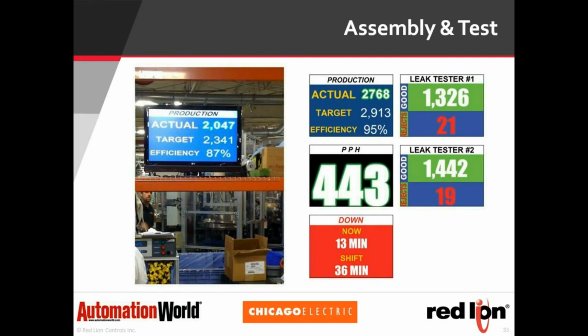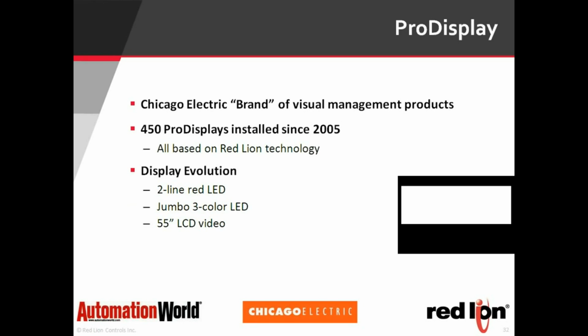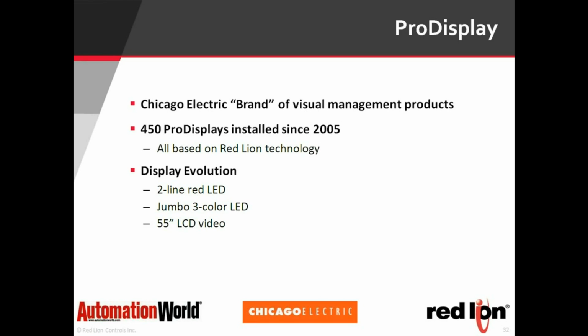A number of years ago, we took the Red Lion product and branded it for ourselves. So in the realm of Chicago Electric, we refer to Pro Displays. This started in 2005. To date, we have over 450 Pro Displays installed, and it's encompassed the full range of technology that we looked